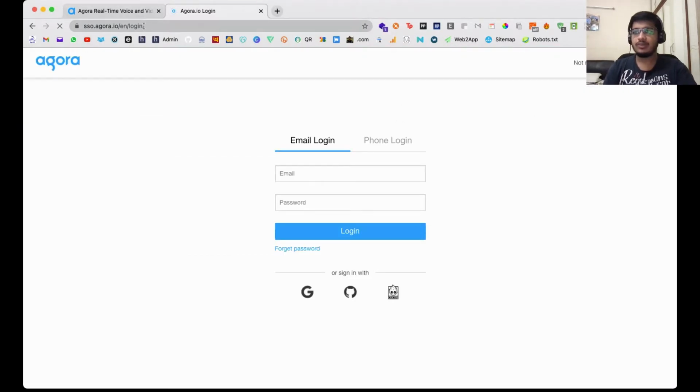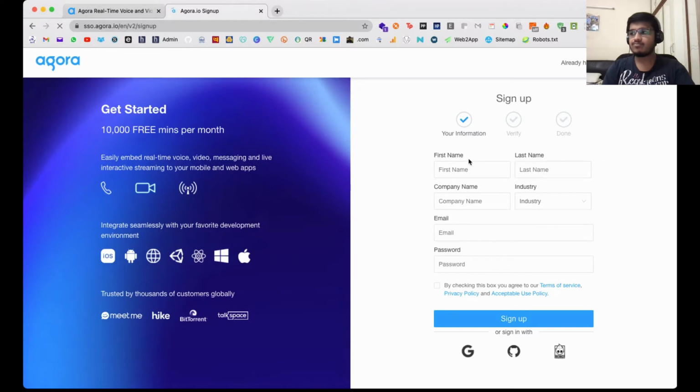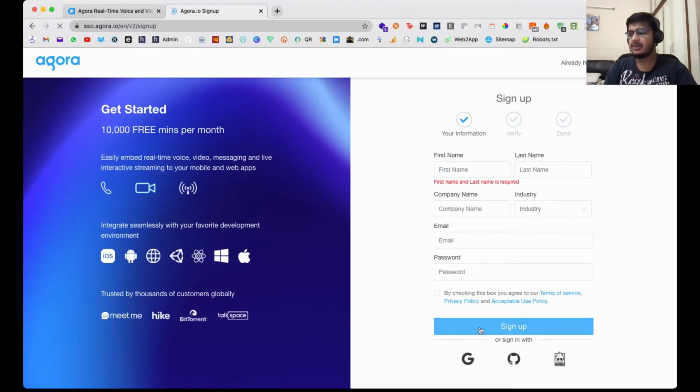When you open console.agora.io, you'll come to this site called SSO, and you can sign up over here on the top right. You just enter your name, your company name, your email, password, and you sign up. You'll have to verify your email, and once your email is verified, you can go ahead and log in.